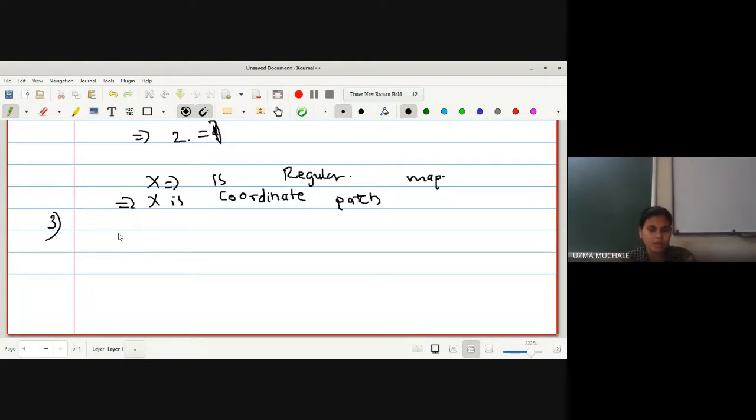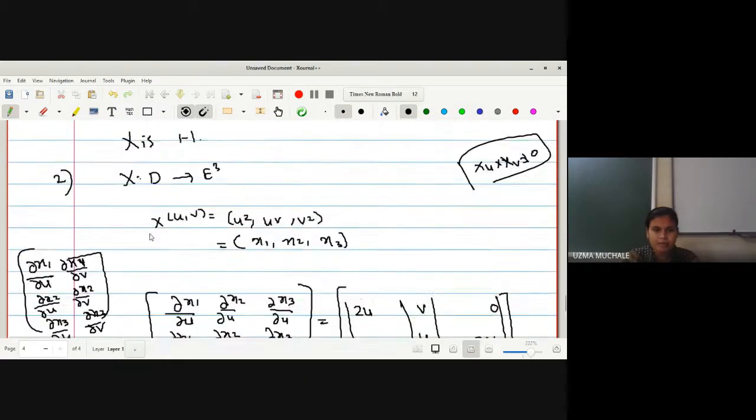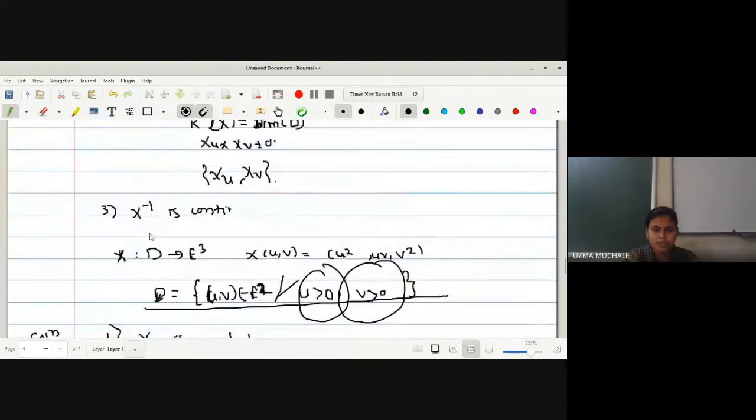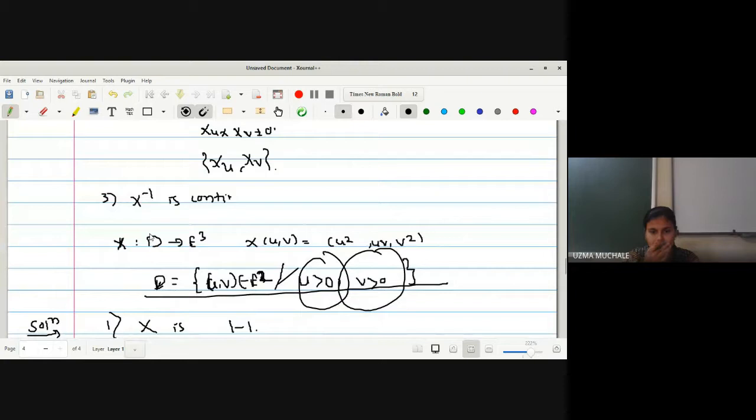Okay, no need to find out whether inverse function is existing or not, क्योंकि already हमने check किया x is 1-1 and it is finite dimensional. Finite dimension मध्ये 1-1 असेल तर inverse function साठी onto ची condition check करत नाही ना आपण. So yes, ma'am, already we know that x is having an inverse function. So simply first we must define an inverse function. बरोबर? So given that x is a mapping from d, d is u and v strictly greater than 0. So we have to define an inverse mapping.